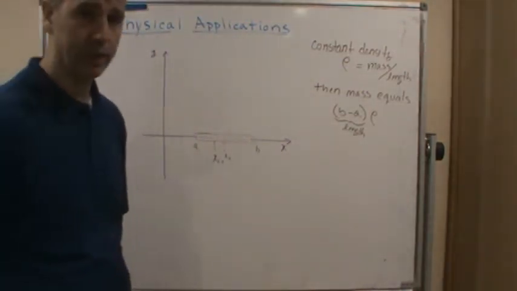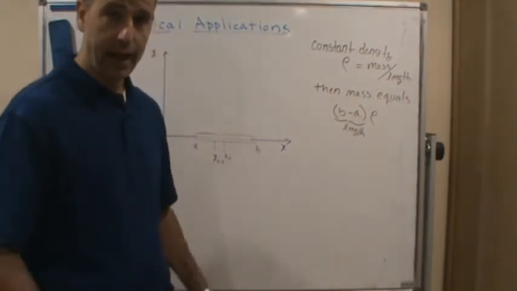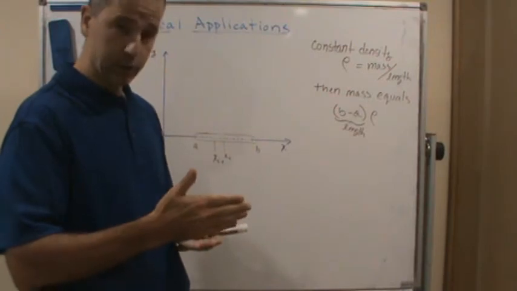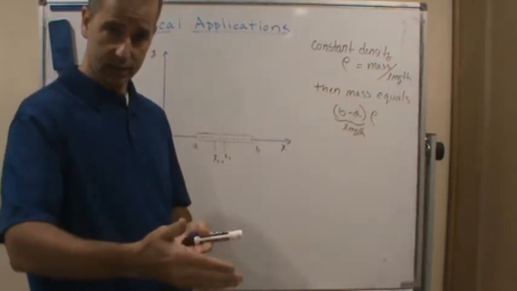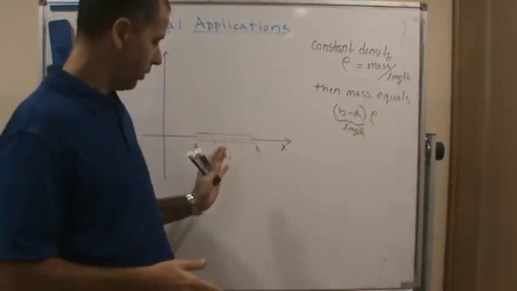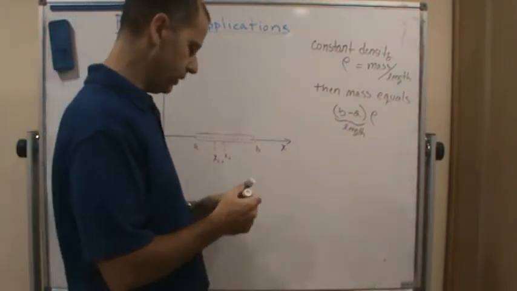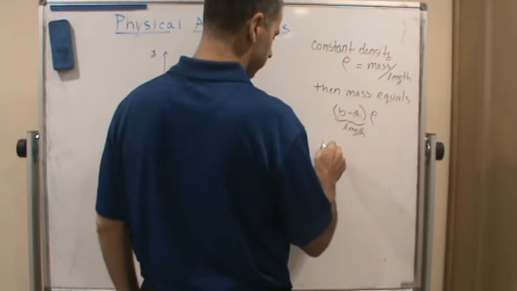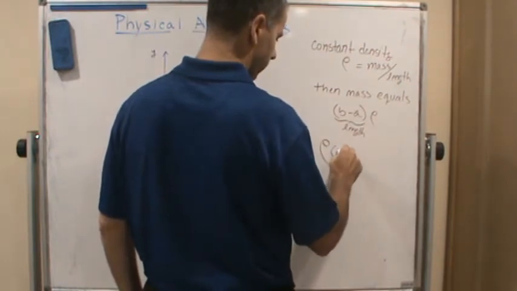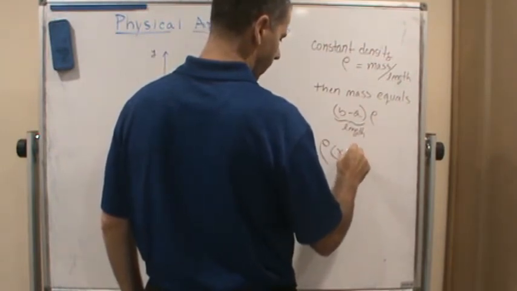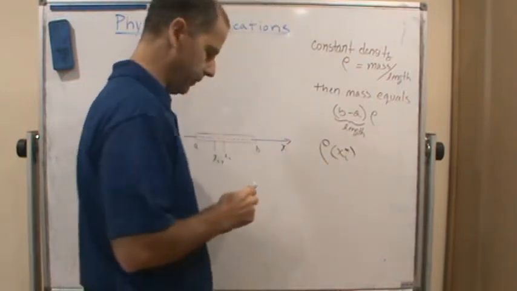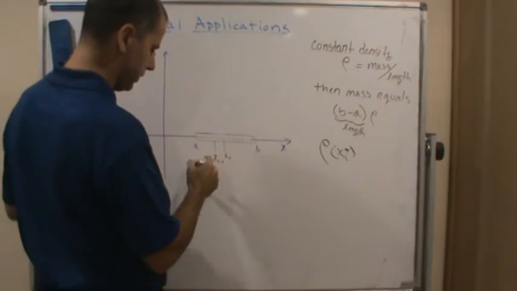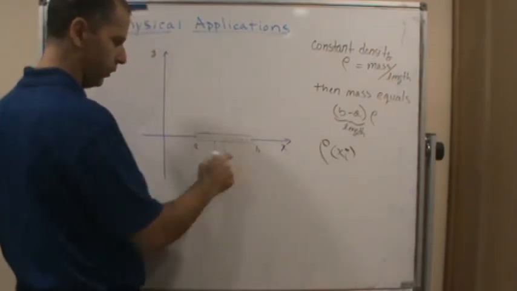Well, then we're going to have to use a density function that is a function of distance through the rod. So the density function, which we'll call rho of x,